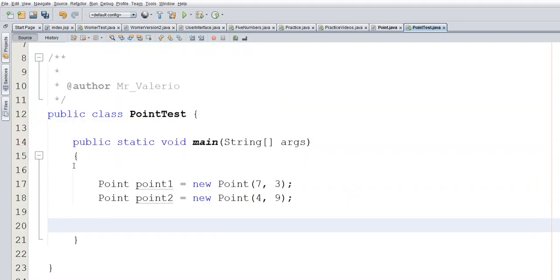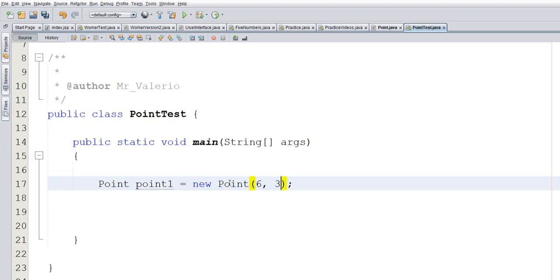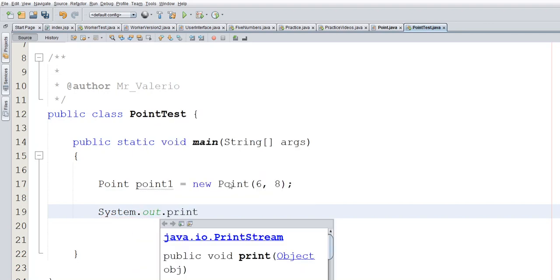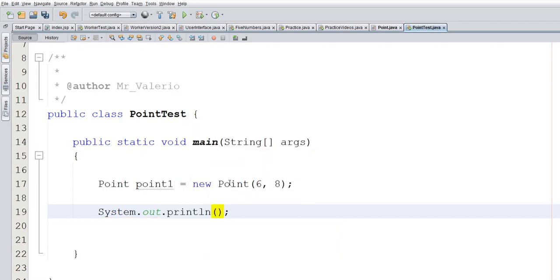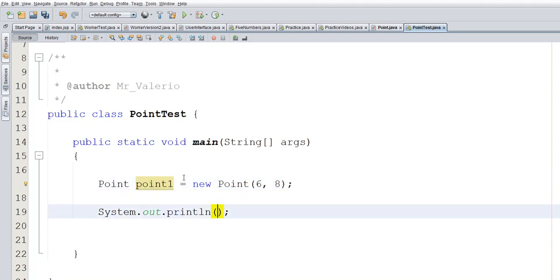So all that should be in point test is, I'm even getting rid of the second point. It's point 1. And I think what the user had asked for is 6, 8. So they had specific coordinates they were asking. So into this, since we have our point object already, remember when we called, I'll just show it now. Remember, we're calling class point, we're making an object and calling it point 1. And of course this is a new point and we're using the constructor. So what we want to print out is,